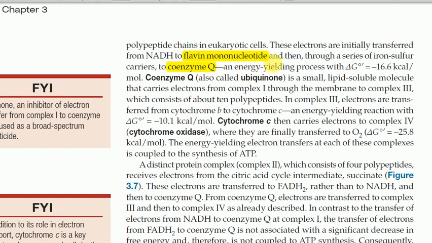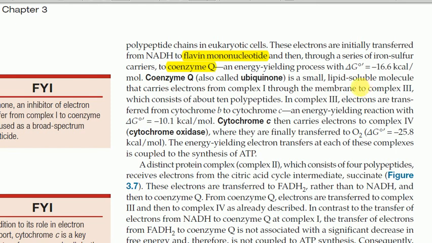Coenzyme Q. An energy yielding process with change in energy of negative 16.6 kilocalories per mole. Kwa hizo electrons zinapokuwa transferred from flavin mononucleotide kwenda kwenye coenzyme Q, tuna-release energy of 16.6 kilocalories per mole. From there coenzyme Q is sometimes known as ubiquinone. So ubiquinone is the small lipid soluble molecule that carries electrons from complex 1 through the membrane to complex